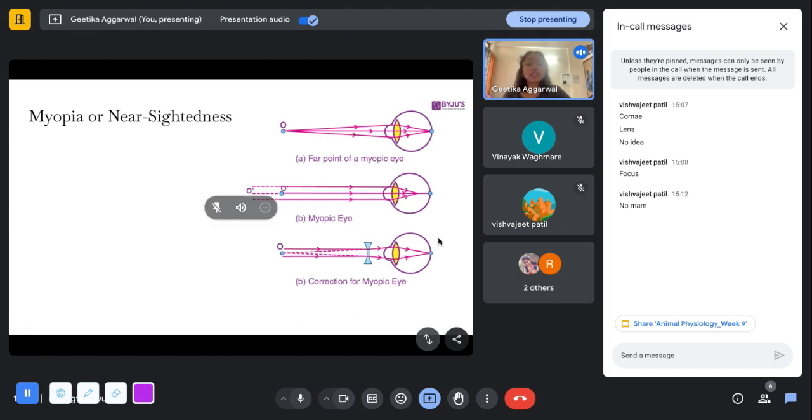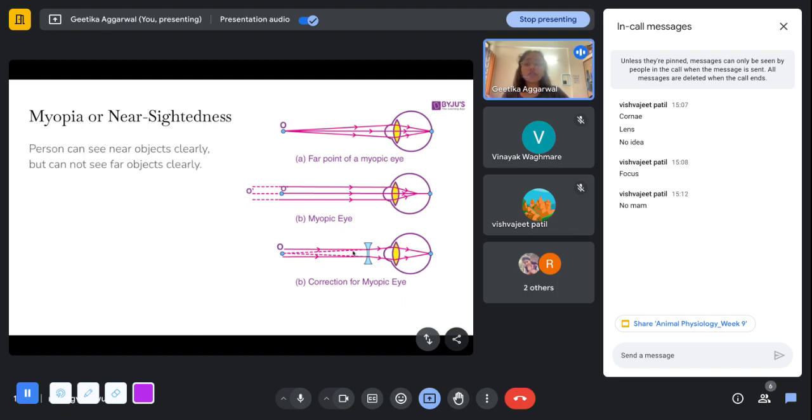And as you can see in this image, what is happening is, for a point which is close, the image is correctly formed on the retina. But for a point which is far off, the image is formed somewhere in front of the retina. It is not actually formed on the retina. So for a normal eye, a faraway point will form an image on the retina only. But for a myopic eye, the faraway object will form an image which is in front of the retina and not on the retina. And that is why you'll see a blurry image.